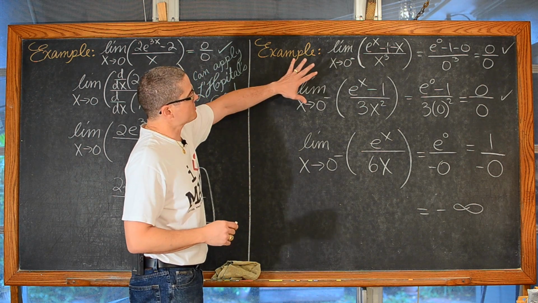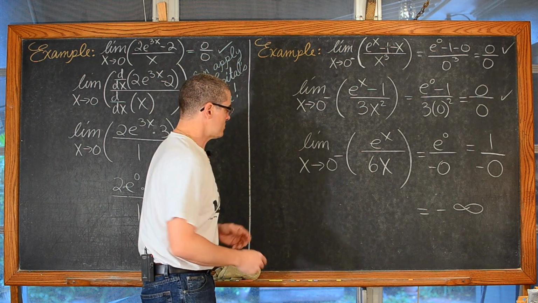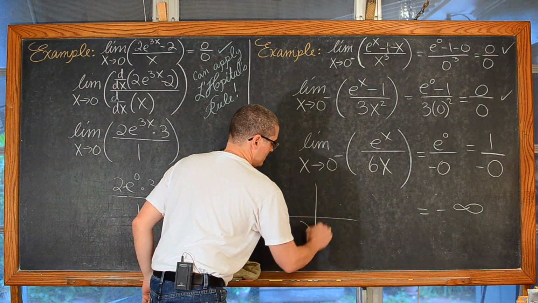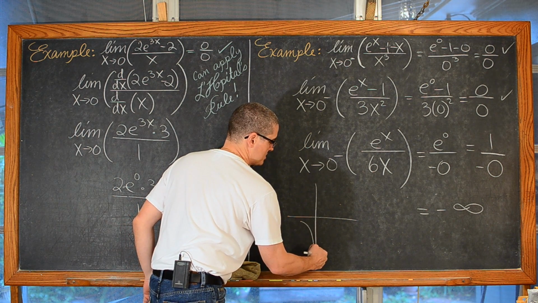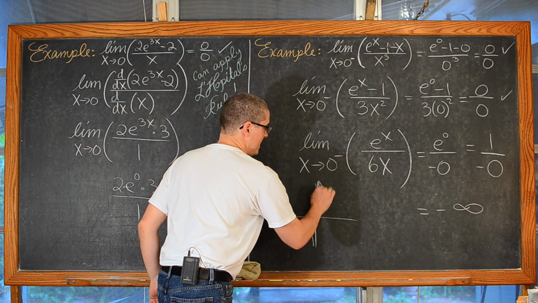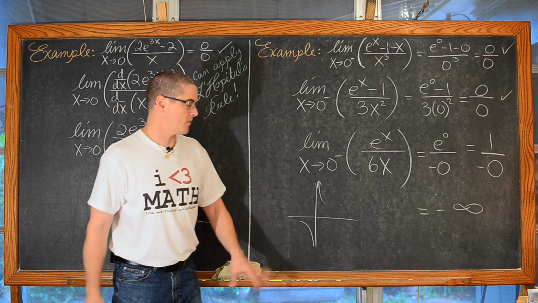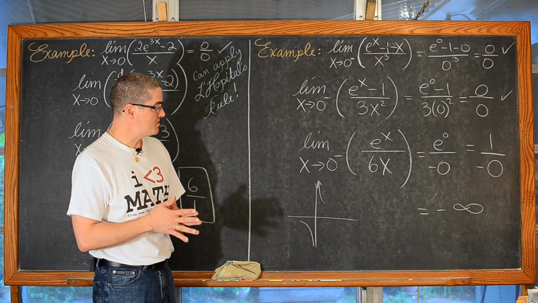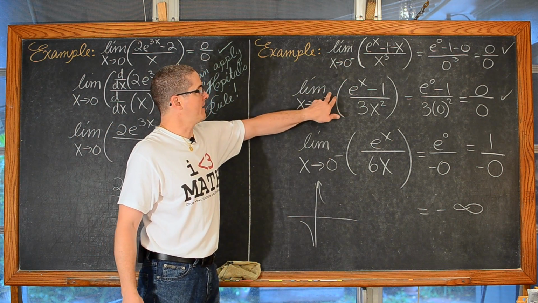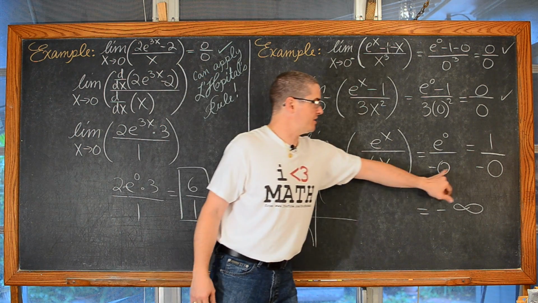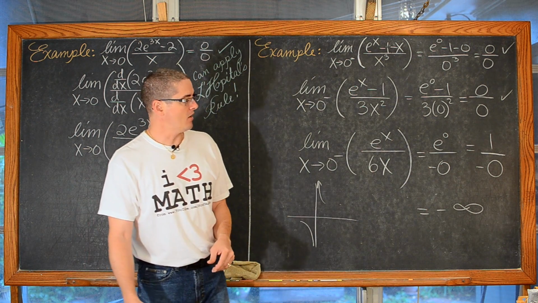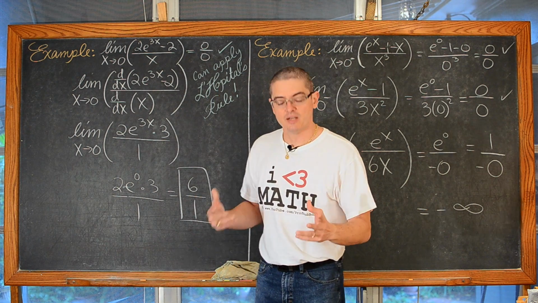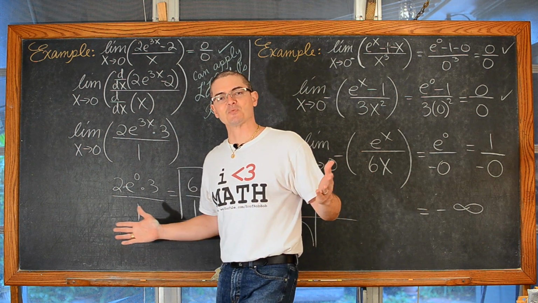And indeed, if you were to put this into your calculator and draw it, it is going to be approaching, again, negative infinity as you approach 0 from the left, and it'll be going up to positive infinity as you approach 0 from the right. And this isn't the entire function, it's just what's happening as you get close to 0. So if I let that approach from the right, my answer would be positive infinity and not negative infinity. All right? So we got 2 more examples before going on to some other different types of situations using L'Hopital's rule.